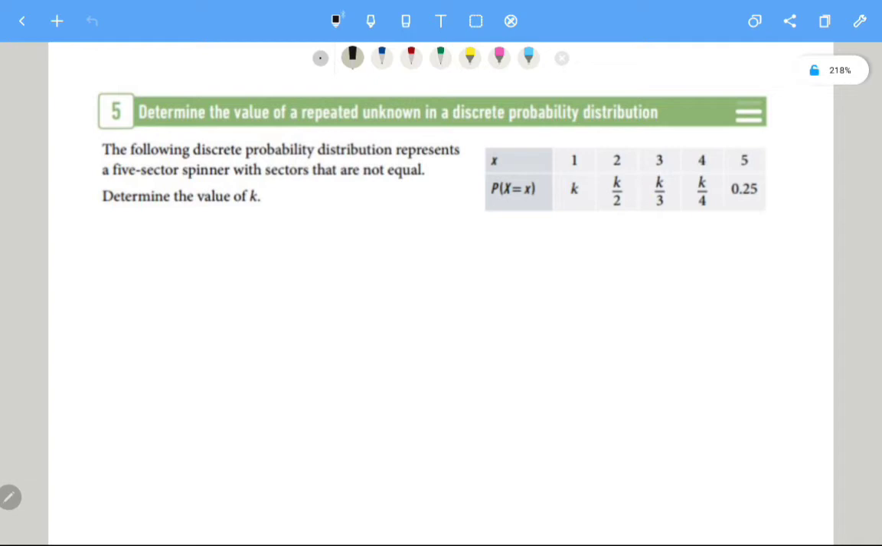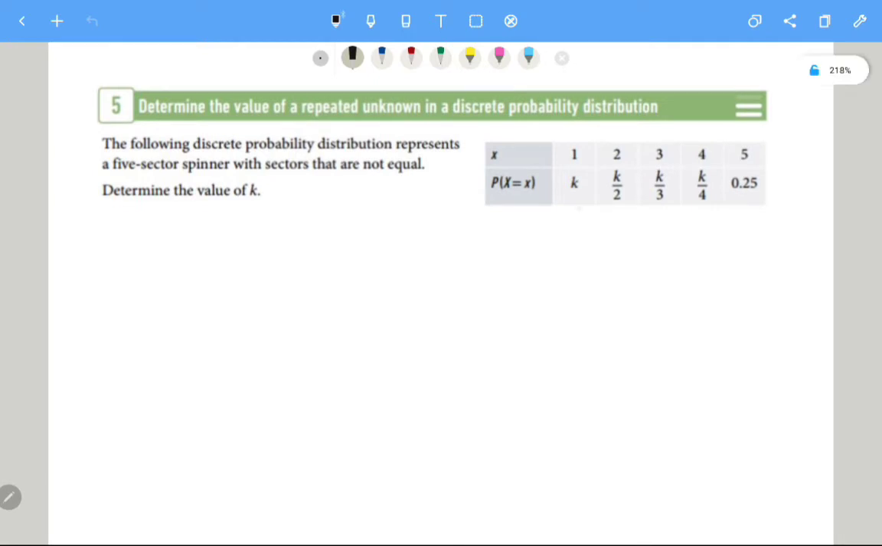Alrighty, and this is just a slightly more complicated one. We've got k, k on 2, k on 3, and k on 4, 0.25, and we're looking for k. Now, the same rule is going to apply. The algebra is just going to be a little bit more tricky. So let's write it all out. k plus k on 2 plus k on 3 plus k on 4 plus 0.25 equals 1. Now in this case, I've already got the 0.25 by itself, so I can subtract that to the other side and be left with